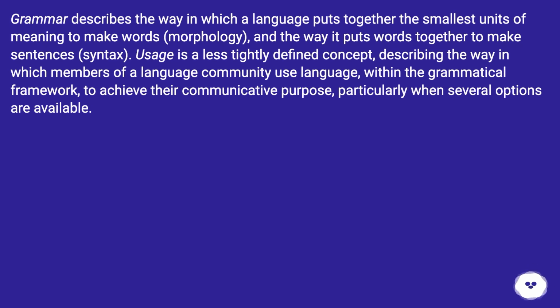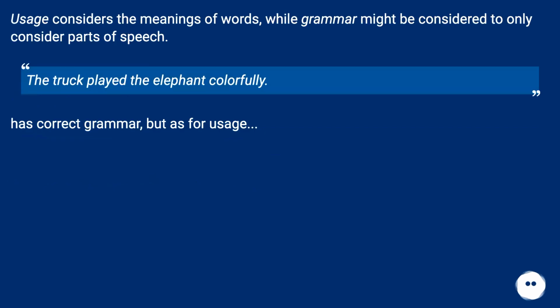Grammar describes the way in which a language puts together the smallest units of meaning to make words, morphology, and the way it puts words together to make sentences, syntax. Usage is a less tightly defined concept, describing the way in which members of a language community use language, within the grammatical framework, to achieve their communicative purpose, particularly when several options are available. Usage considers the meanings of words, while grammar might be considered to only consider parts of speech. The track played The Elephant Colourfully has correct grammar, but as for usage,